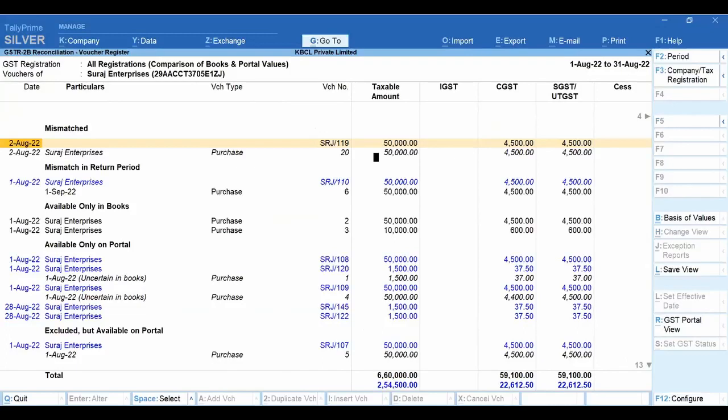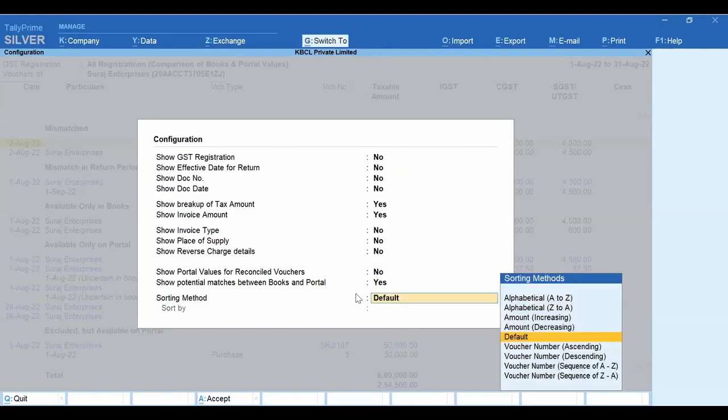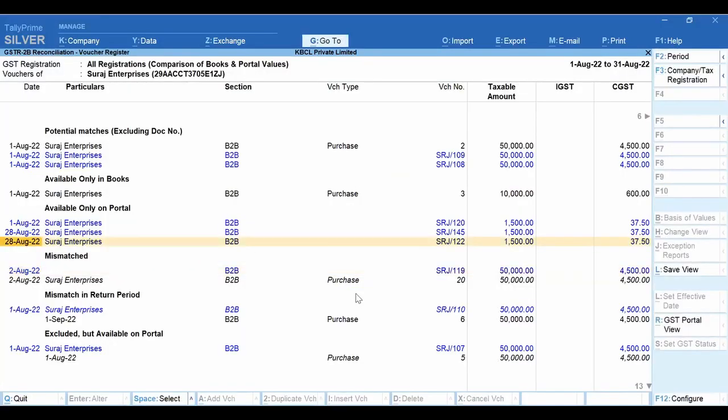In that, if you press F12, there is a new facility called potential matches between books and portal. If I select that, potential matching will also be a separate heading. Potential matching,